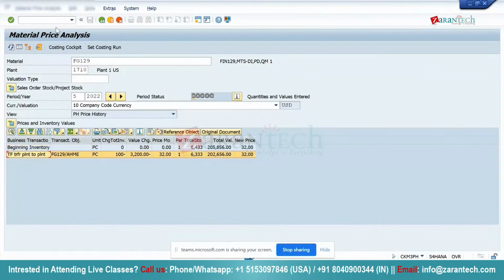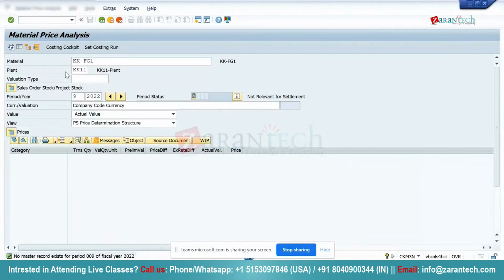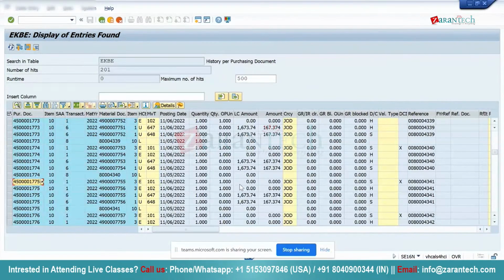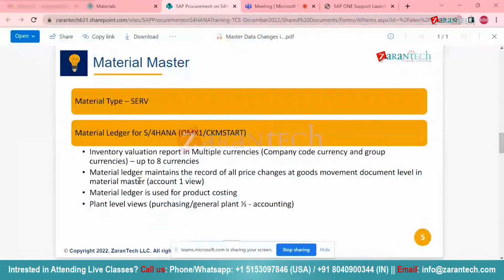This is how the material ledger price analysis will come up for us, and it helps the product costing guys. But for us in the MM processes, after every plant creation we have to inform the finance team to activate the material ledger and make it productive, which will be done by finance using the T codes OMX1 and CKM start. This will help us to maintain the plant level data for the accounting data,